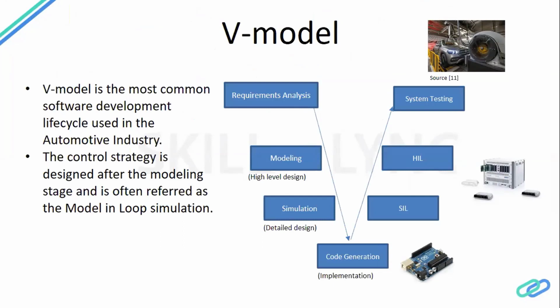So basically, when we do a project in control systems, the most widely accepted development life cycle is a V model, because of the way it looks, it's in a V shape. You start from requirement, defining the requirement as per the specification you have from your client or in your project, and you gradually move to modeling, simulation, implementing the control, then different types of simulations, and finally doing the testing on the actual system.